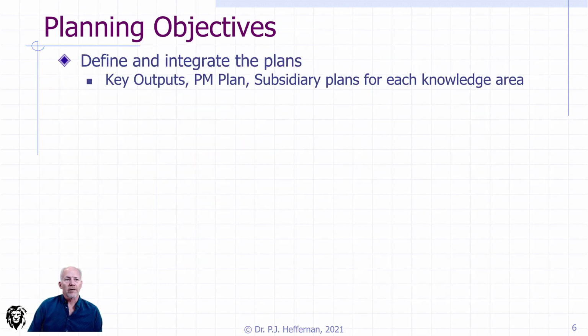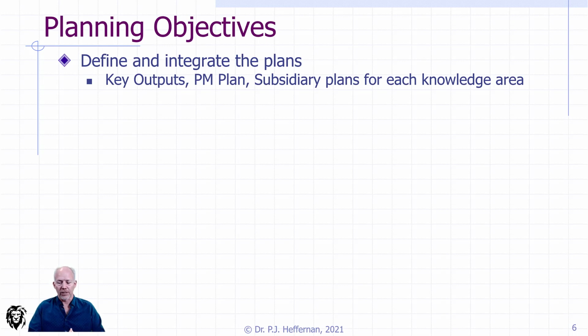So what are our objectives when it comes to delivering the plan? The first objective has to be to define and integrate the plans. The overall plan's sole purpose is to integrate all of the subplans and to make sure that the project unfolds as a harmony of effort, as compared to a bunch of individuals going off in their own direction as to how they think things should be happening, with nothing bringing it together as a collective effort.